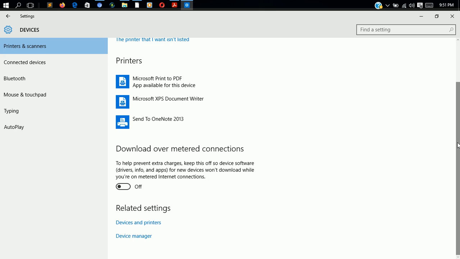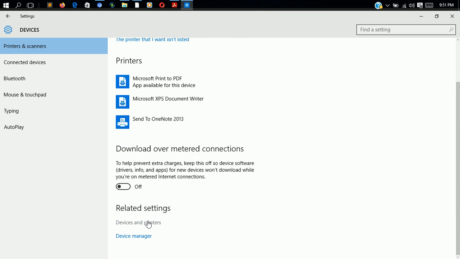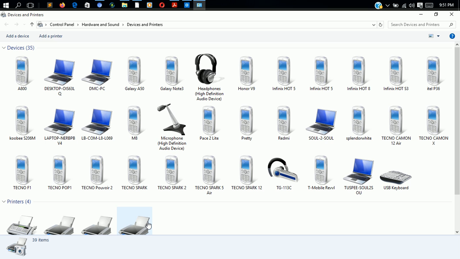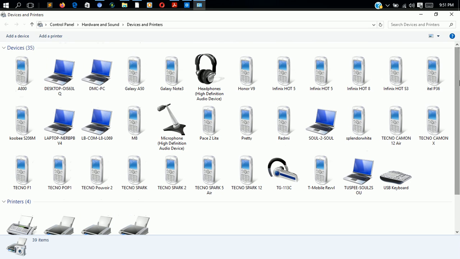But now let's view the printers already added to this computer. So let's go through this place so that we will be able to see the devices that have been already added. So we have the devices here that have been added. For instance, this computer of mine is not connected to a network, but if you want to share it in a network, first and foremost,